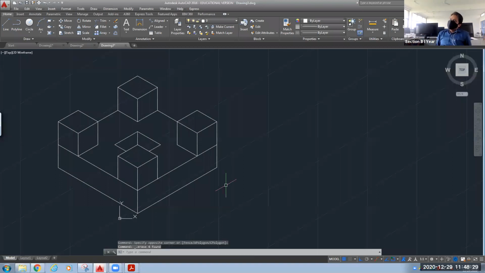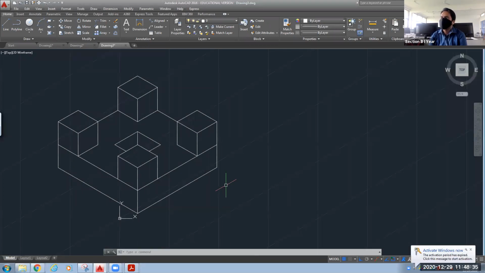Yeah. So this you can see that there is one box of dimension 100 cross 100. Its thickness is 25. On all its four corners, one cubical box is placed of dimension 25, 25, 25.